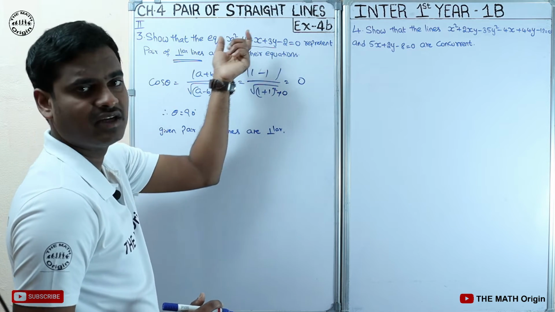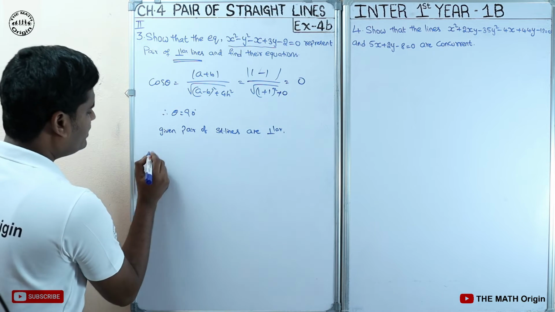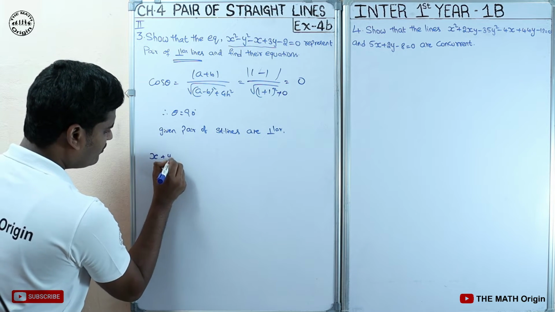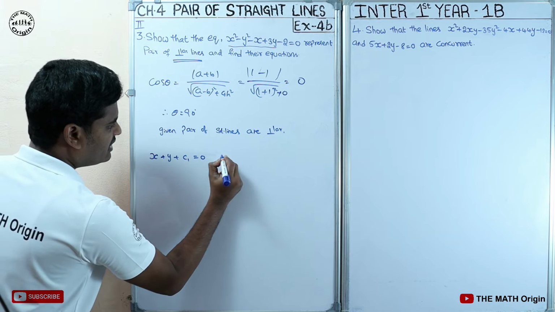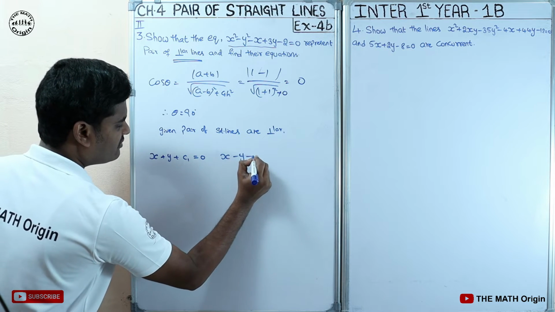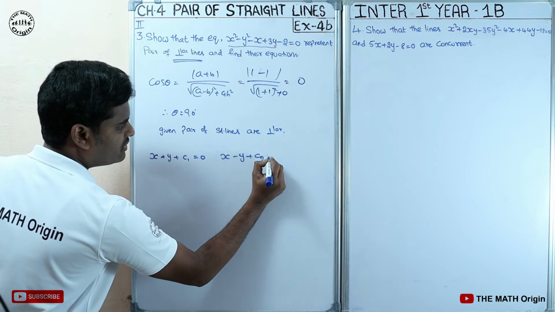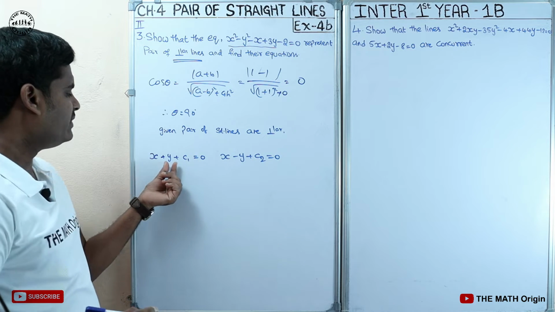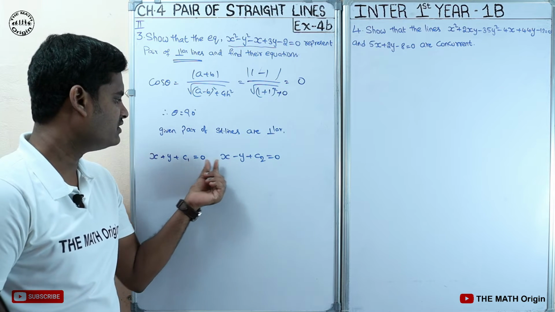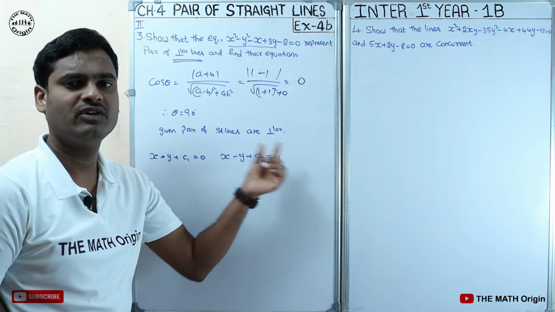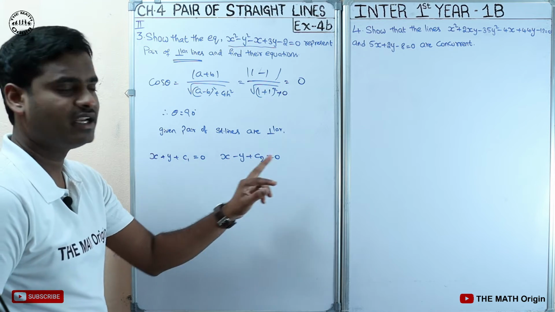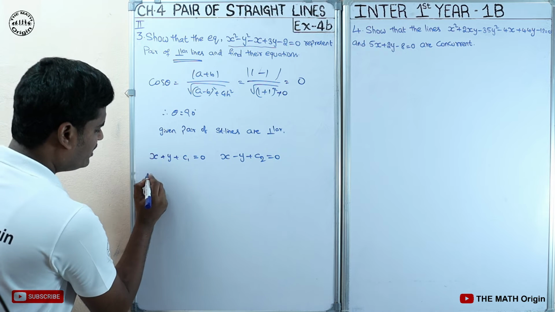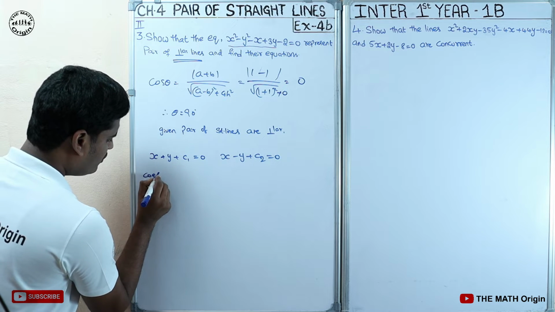We need to find the separate equations of the lines. So for that, let's take the equation as x plus y plus c1 equals to 0 is equation 1, and the other equation is x minus y plus c2 equals to 0. Okay, this represents a pair of perpendicular straight lines. Okay, now let's take the coefficients